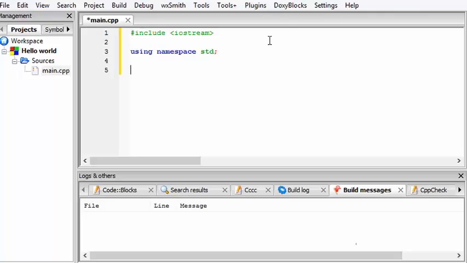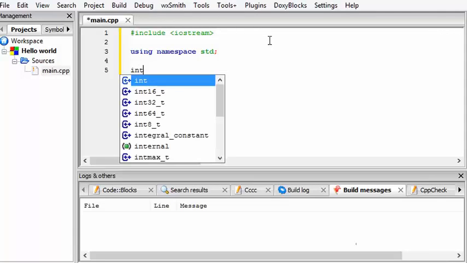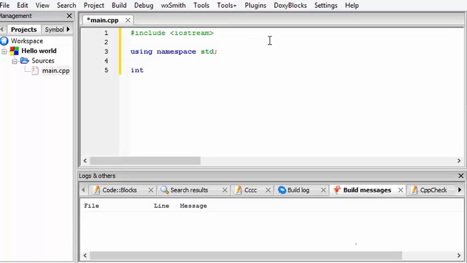So to define a function in C++, first we need to specify what value this function is going to return. So here our main function is going to return some integer value. That's why we're going to write int, and then the name of the function, which is main, then a pair of parentheses, and in between these parentheses we need to specify the arguments taken by this main function. But in this case this main function is not going to take any arguments, and then a pair of curly